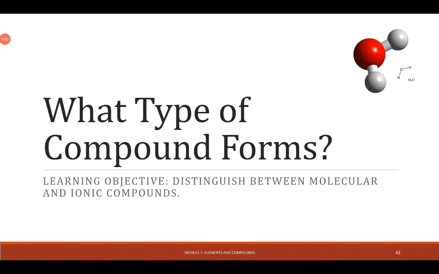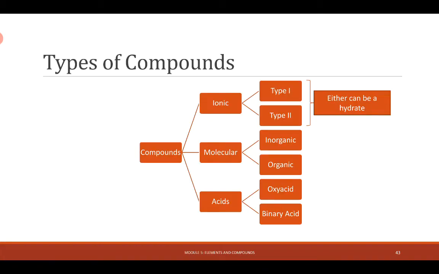This video is going to help focus on what type of compound will form between different elements. The learning objective for this video continues the learning objective for distinguishing between molecular and ionic compounds. So when we talked about classification of matter, we talked about how matter can be classified as either pure substances